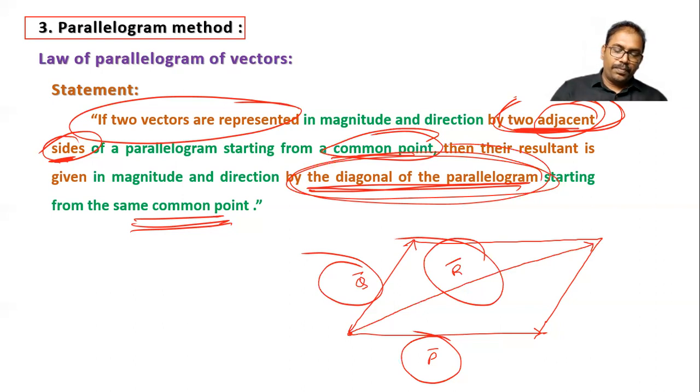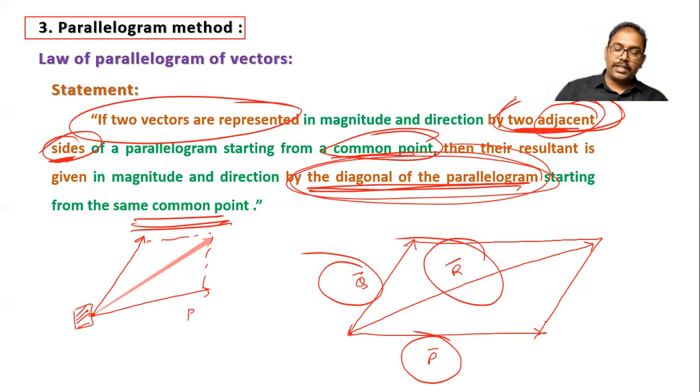Let me tell you a simple example of the law of parallelogram. If this is a toy cart and we tie it with two threads, we pull one thread in this direction and the other thread in this direction. Where does the toy car go? It goes like this. This is basically the law of parallelogram. The first side is the first vector, the second side is the second vector, and the resultant is this diagonal.